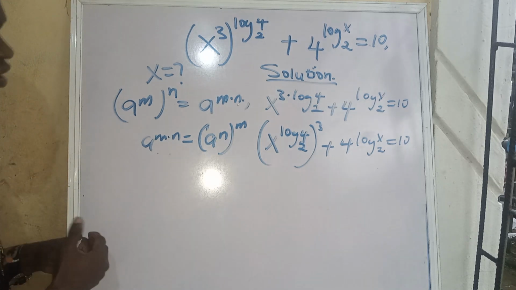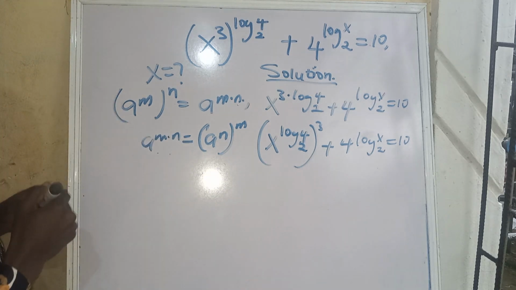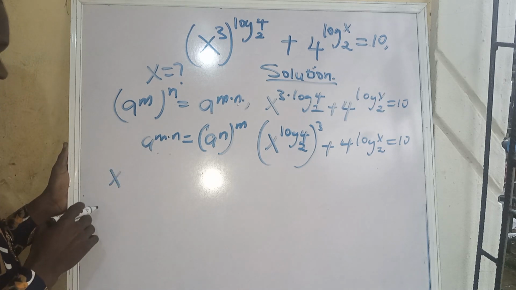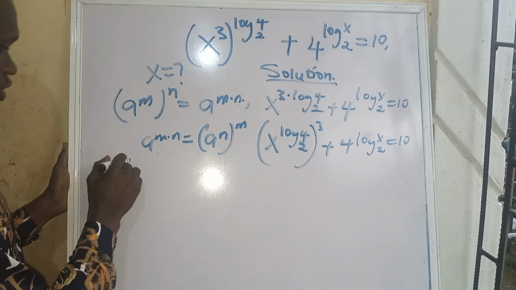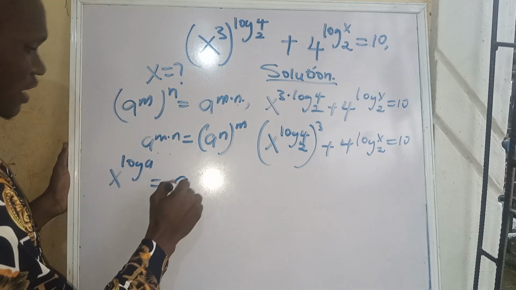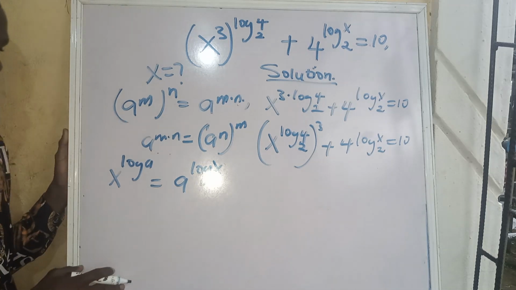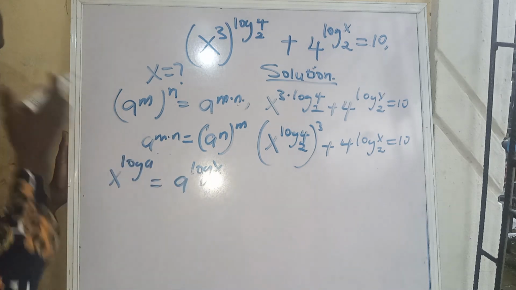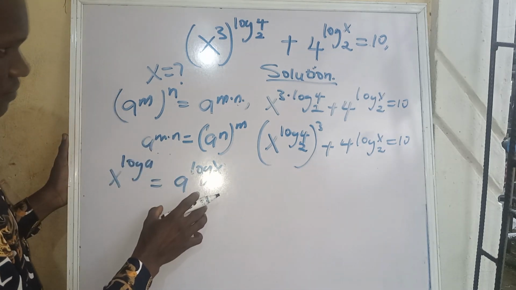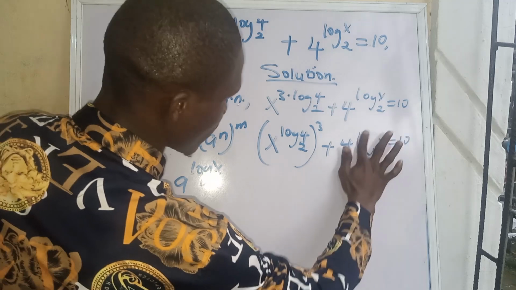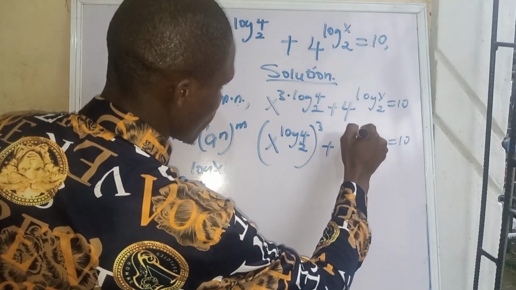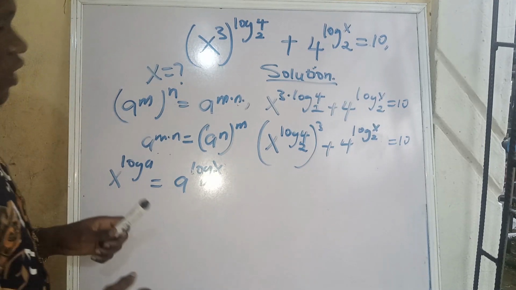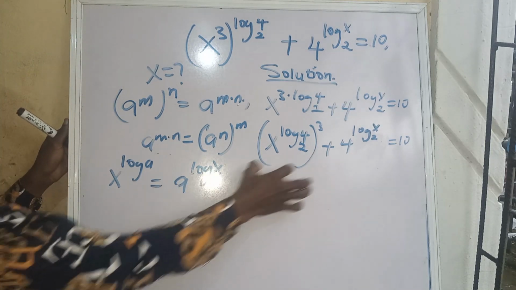Okay, since we've gotten this, from your rules of logarithm, if you are having x to the power of log a, it is also equal to a to the power of log x. So in the place of this, we are having to the power of log x to base 2. Yes, this is what we are having there. If you apply this rule here,